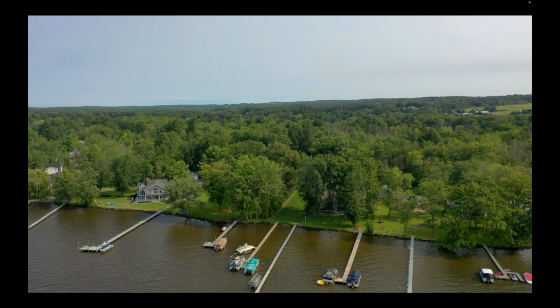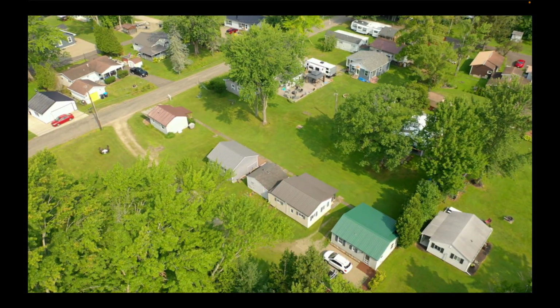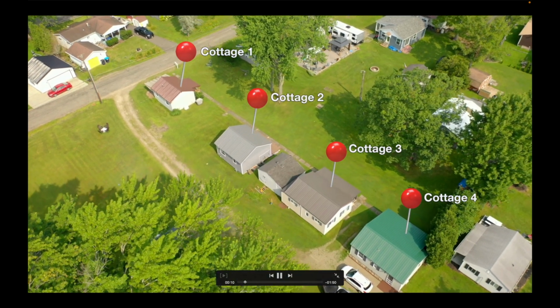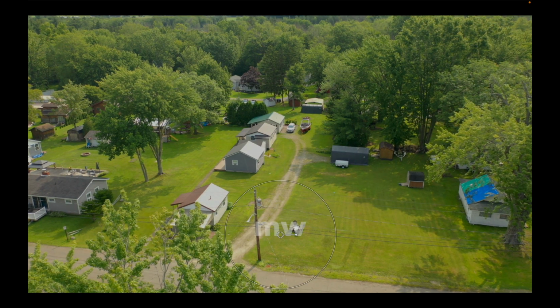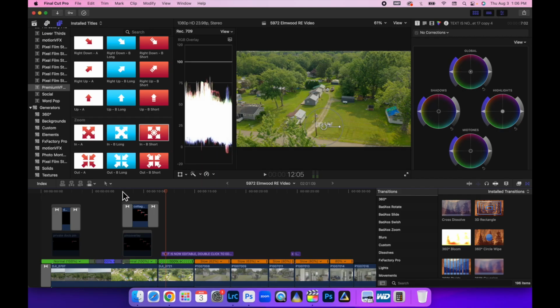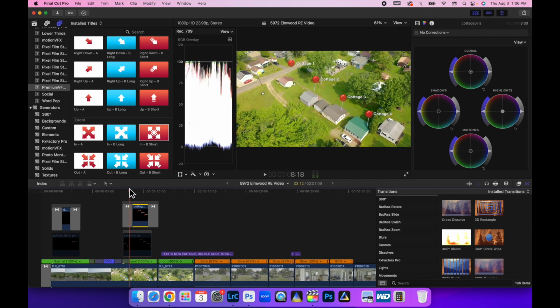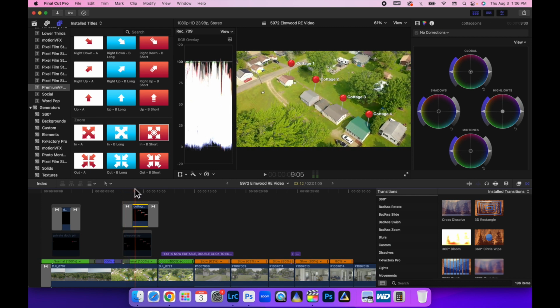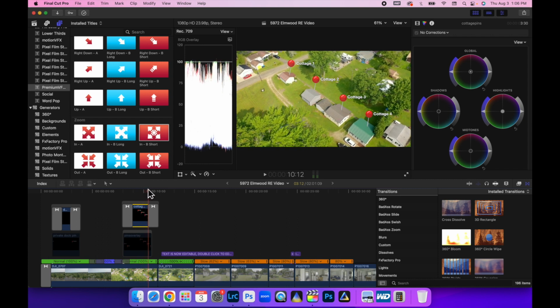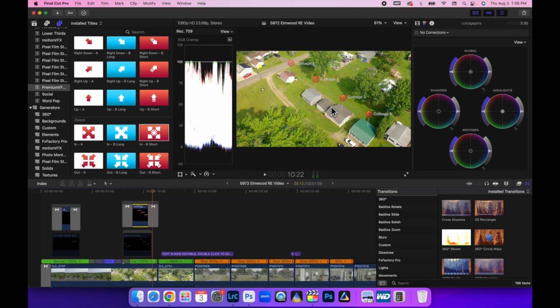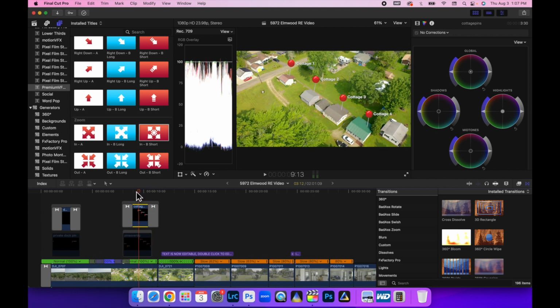Okay, so in this tutorial, I'm going to show you how I was able to put in overlays just like this using Photoshop. So if we come back out, this is what we need. I wanted to show that there's 4 separate cottages right here with these pins, highlighting which ones they are, because this little house right here wasn't included. This is like a sump pump building or whatever, so we wanted to make sure that we showed